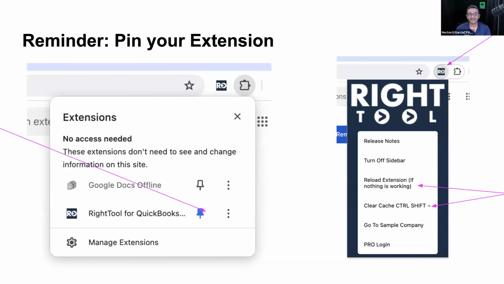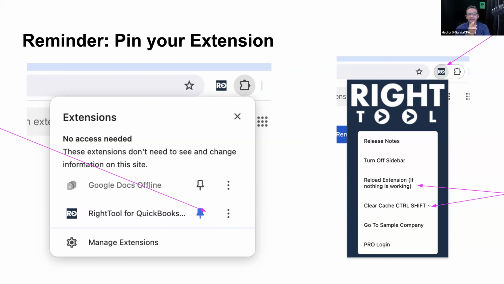Okay. And the last thing I recommend, very, very important, and I see Mark putting this stuff on Facebook probably on the daily: if your RightTool is acting weird, click on the little puzzle icon at the top for the extensions. And you click on there, and all your enabled extensions are going to be listed. You can click on the little push pin. What the pin does is add the RightTool icon on the top right of your browser, which allows you